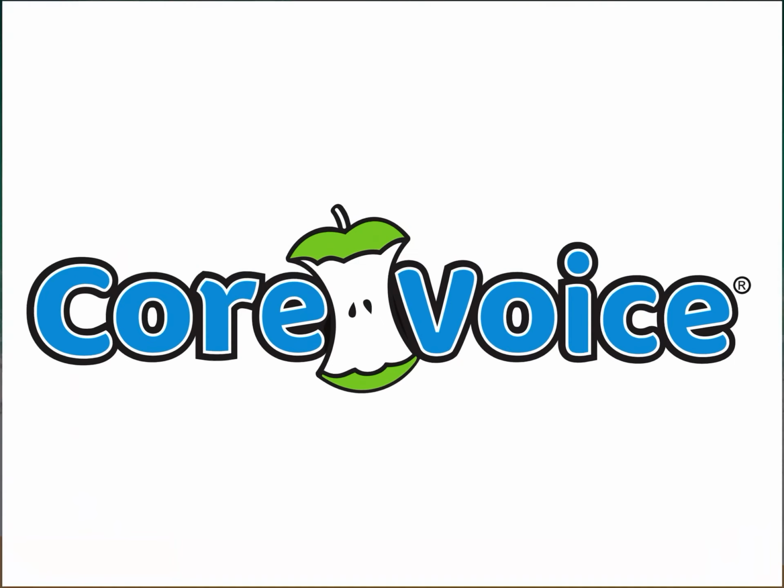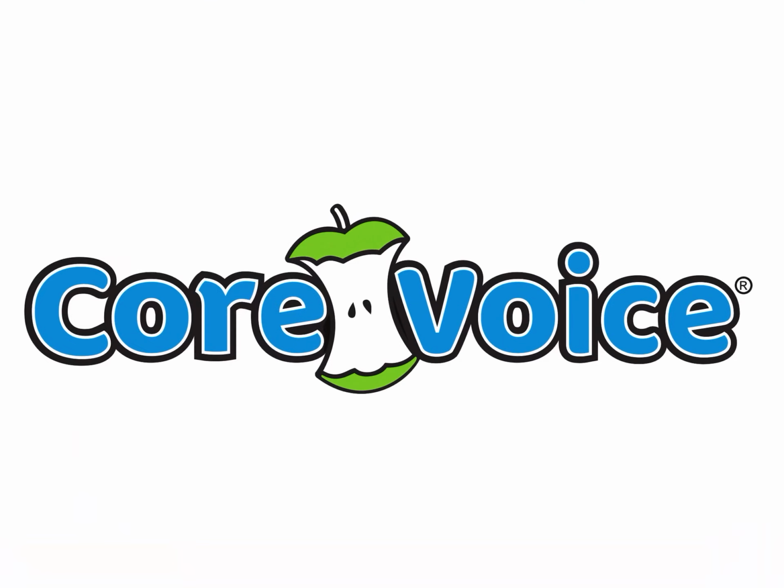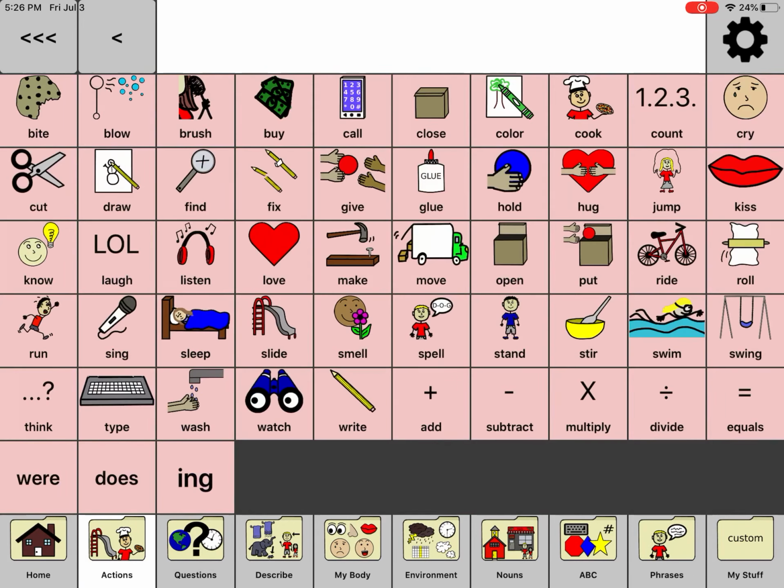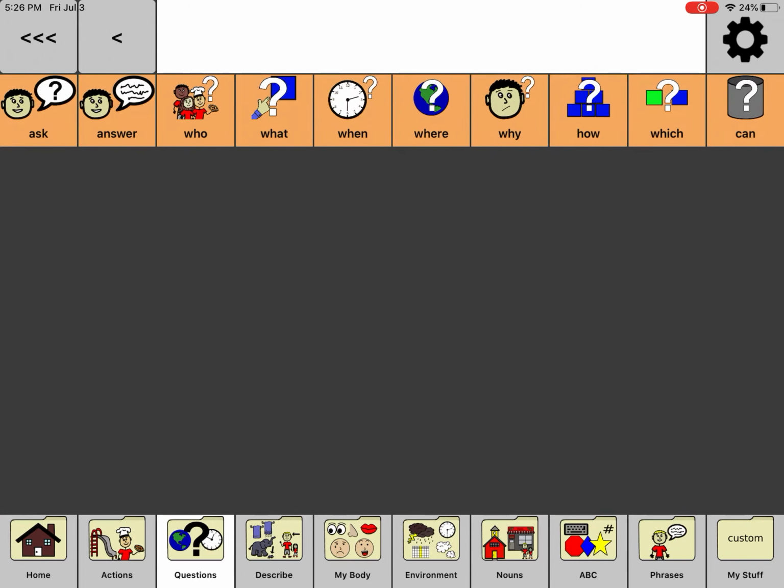So you'll open CoreVoice. This is how it looks out of the box when you purchase it. We have our tabs on the bottom. So right now, home is the default. And then we have actions or verbs. Then you have questions,